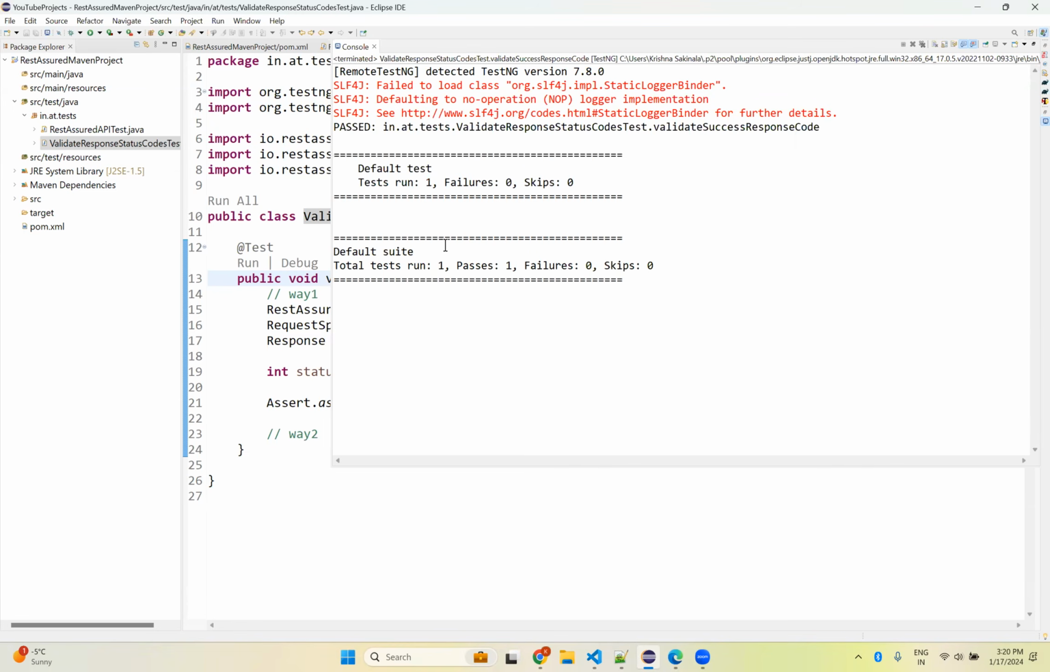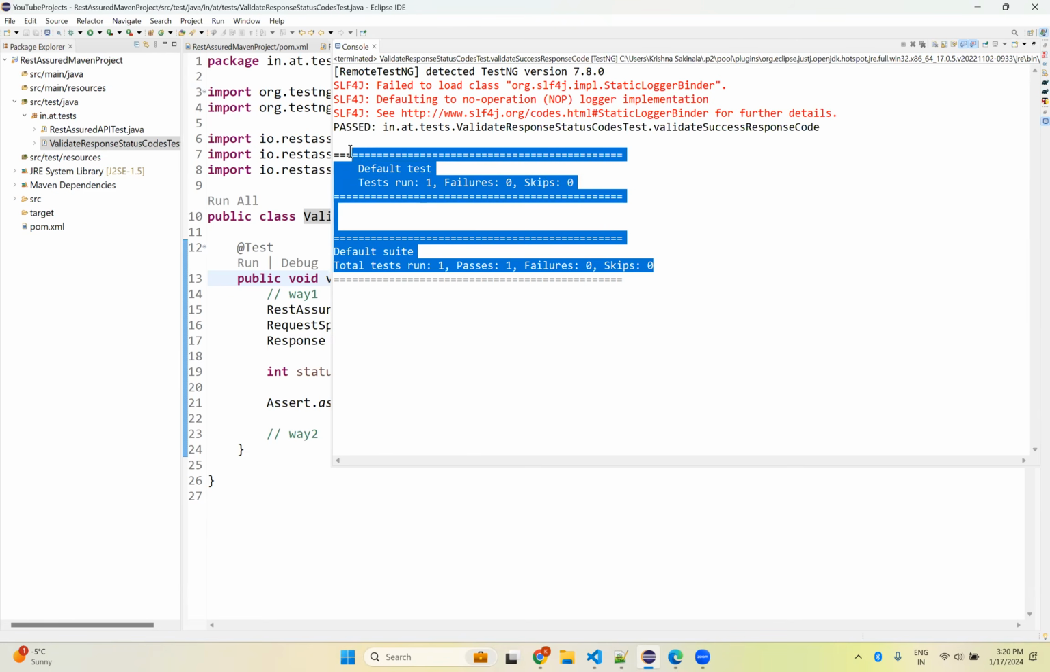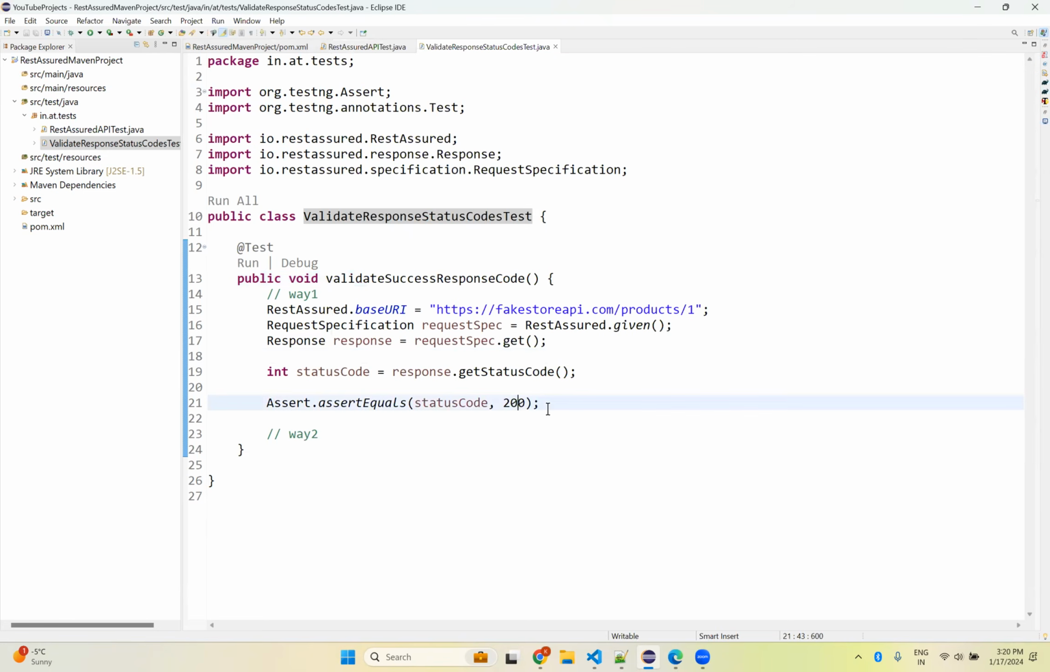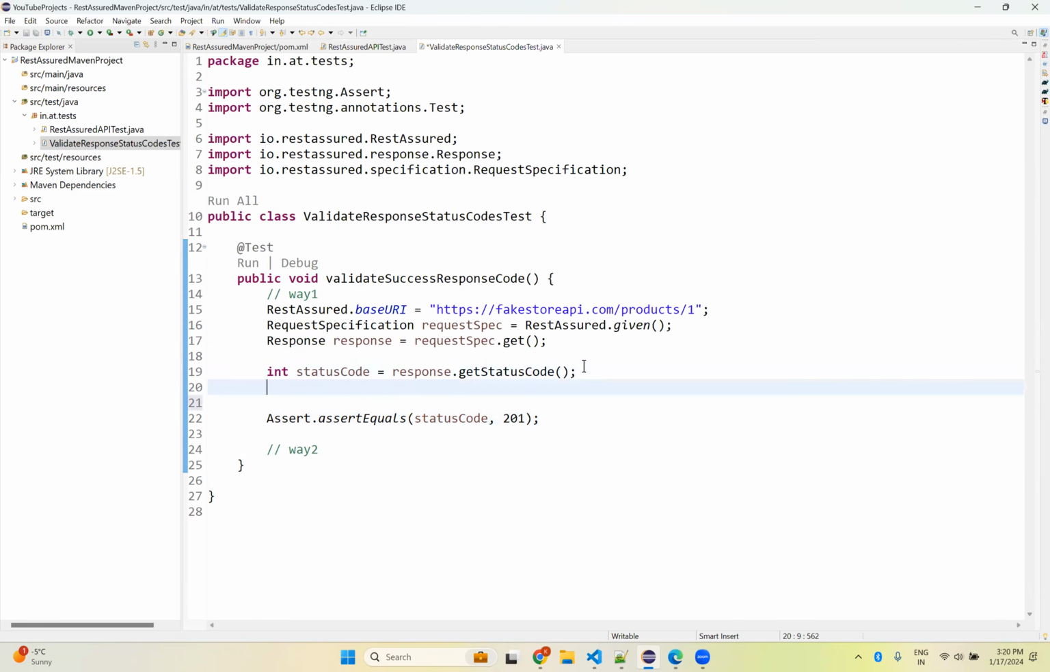Yeah, now there are no issues. That was with 7.9.0, it seems. So you see, it passed, no failures. Okay, if I'm giving some wrong information, 201, whether I'm getting the 200 or not, otherwise you can say,